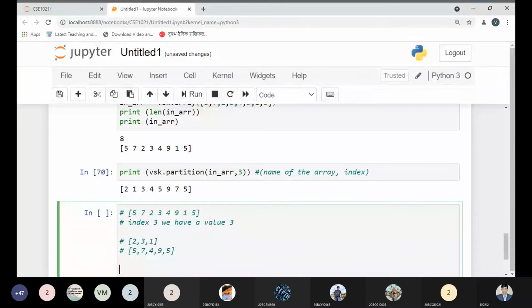So first, what would happen? Just let me clear it to all once again. This is the array which will be divided into 2 important parts.